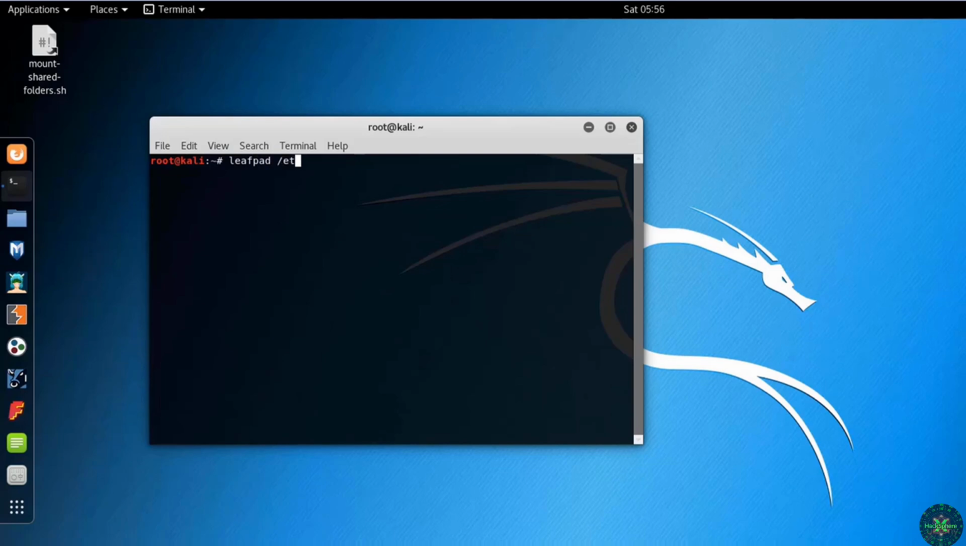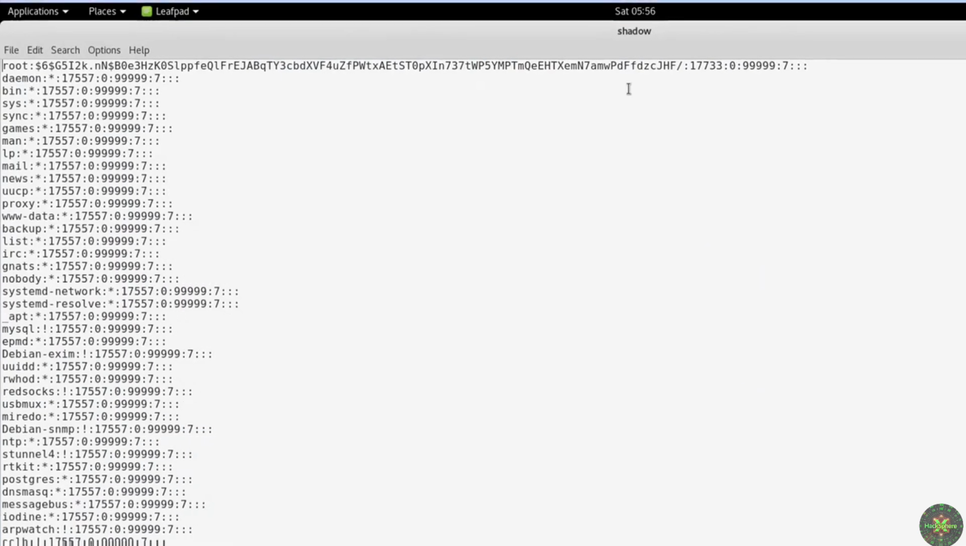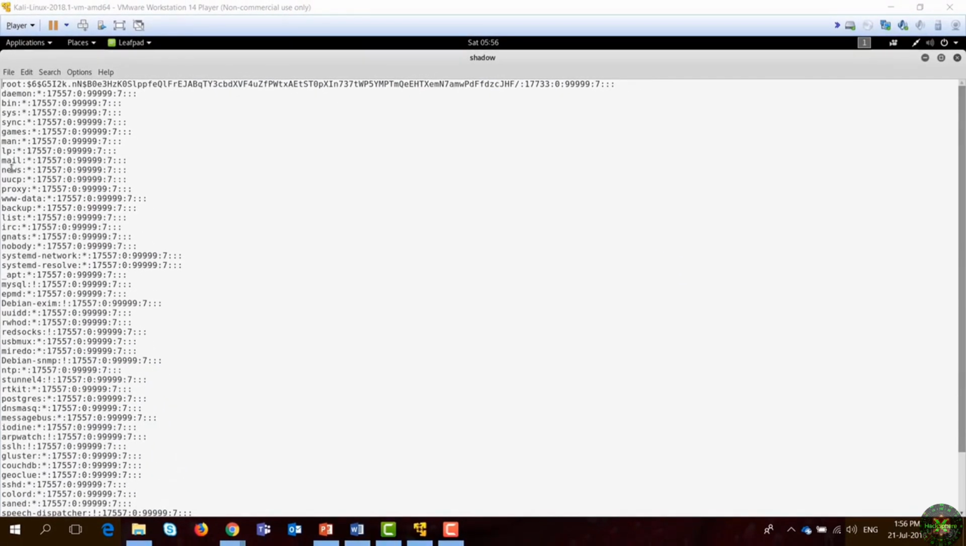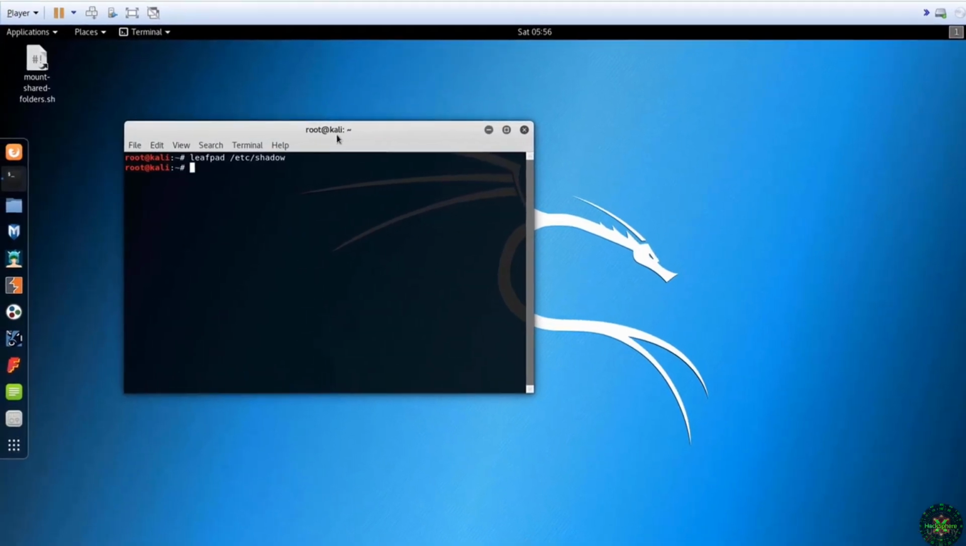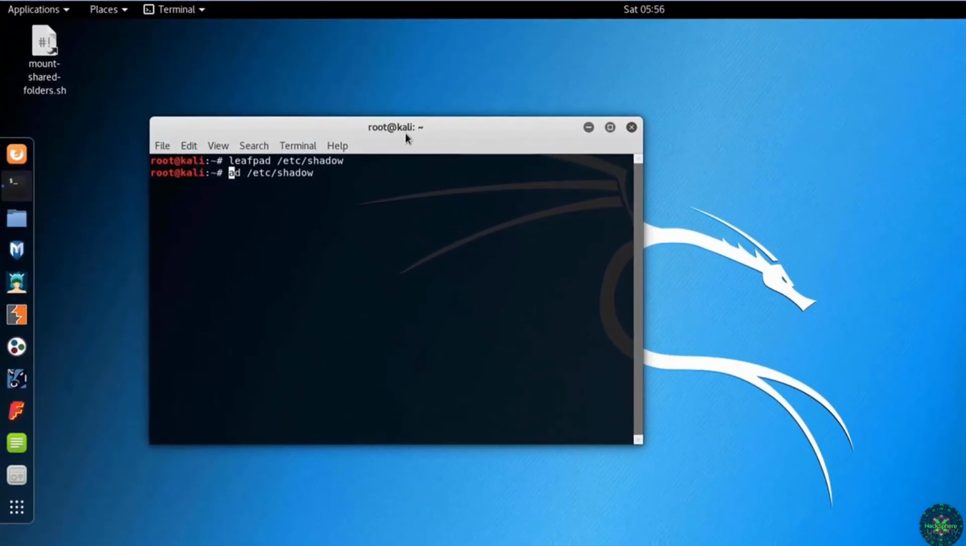I want to get the hash of the password stored here, which is usually under the /etc/shadow file. Open this file, and you'll be able to see the list of users on this machine and the password after the colon here in a hashed format. So we will take this file, I'll copy this file